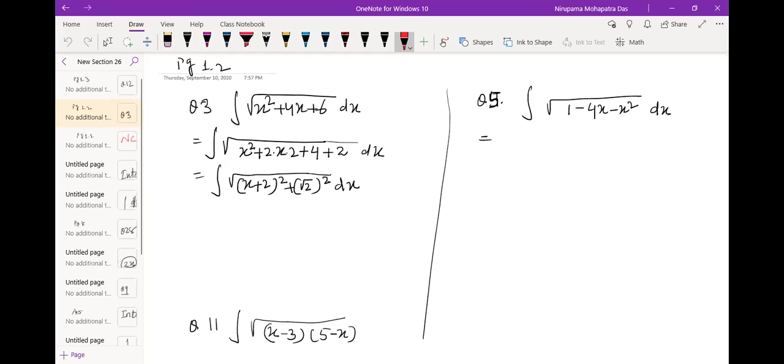So we are doing this x square plus 2 into x into 2. A square plus 2ab plus b square, right? So minus 4 plus 6, it means plus 2. So you are getting here x plus 2 whole square plus root 2 square. That means we are having it in the form of square root of x square plus a square, right? The square root of x square plus a square, what is the